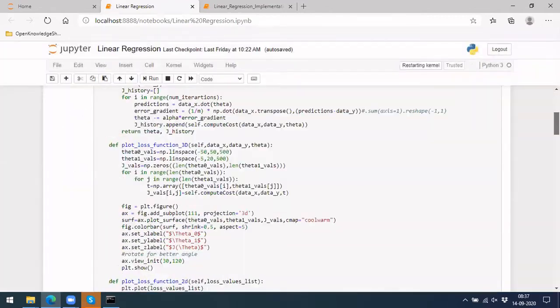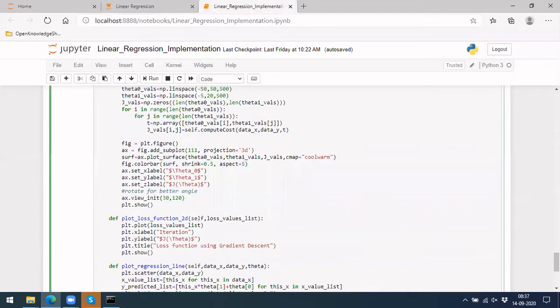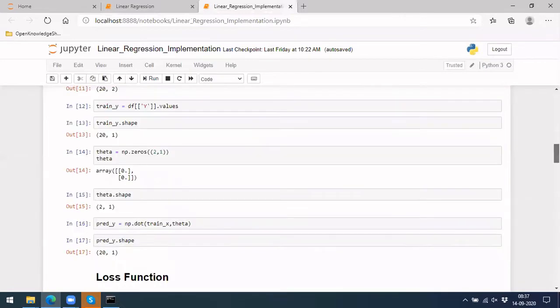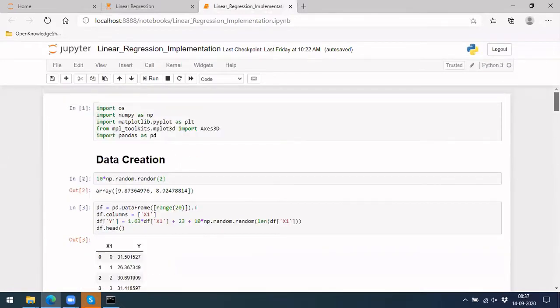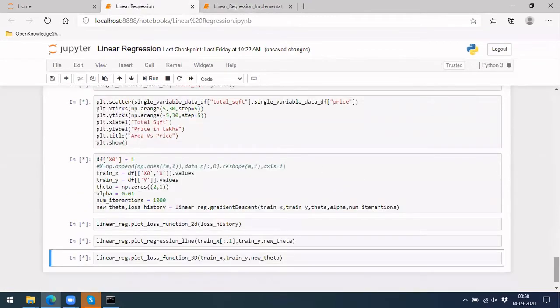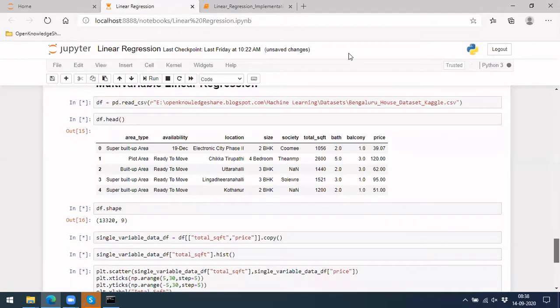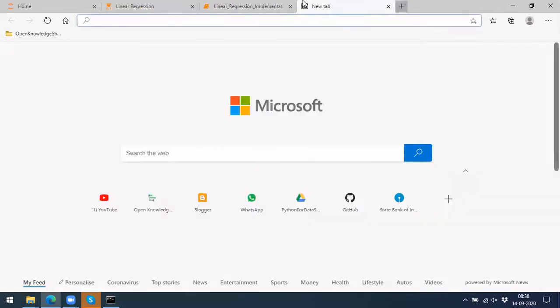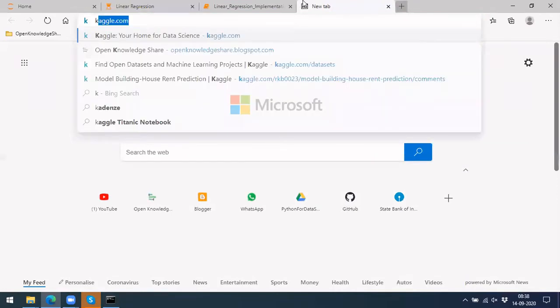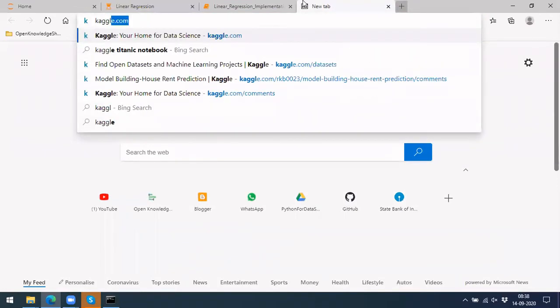So this is again some data set. In the earlier case, I generated the data set myself, but this time I'm not generating it. I am going to use a data set which is publicly available. In case you are wondering where to get data sets, you can go to Kaggle.